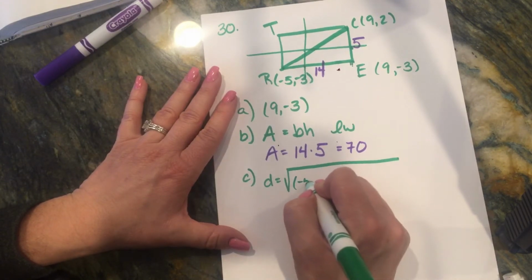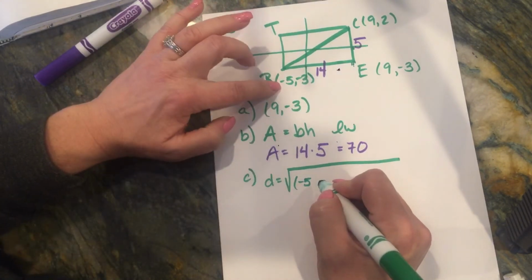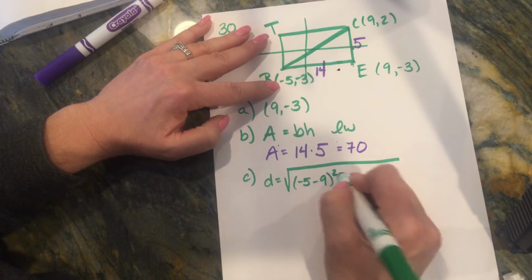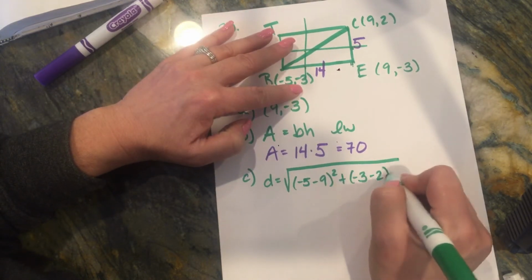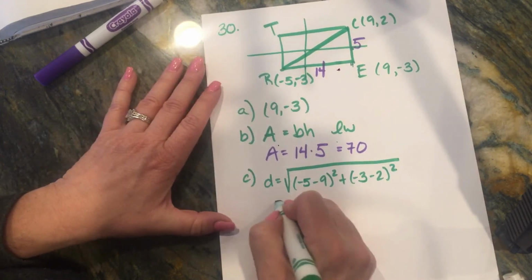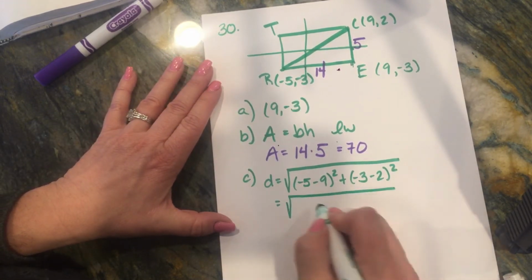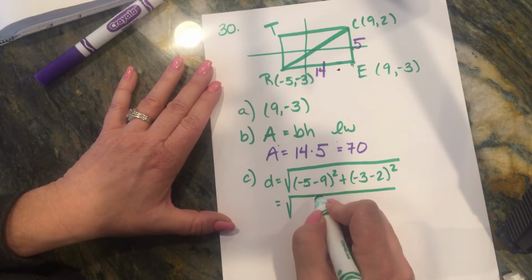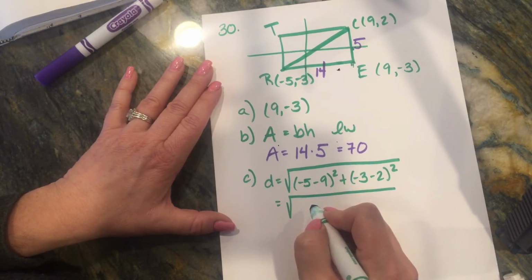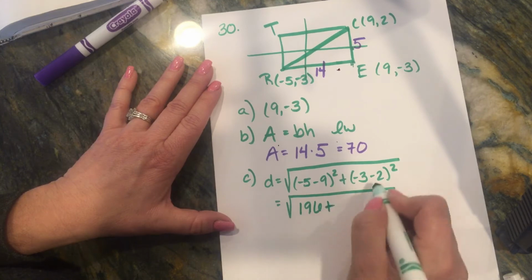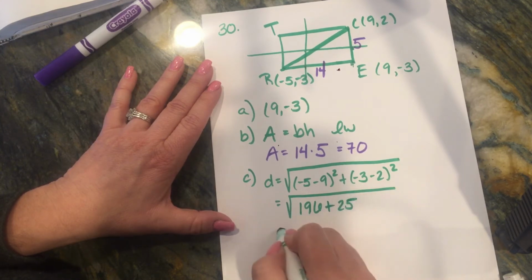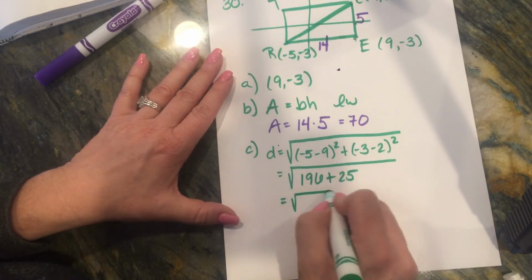Here we go. -5 minus 9, quantity squared, plus -3 minus 2, quantity squared. Okay, that gives us -14 squared. 14 squared is 196. Plus 5 squared is 25. So that is the square root of